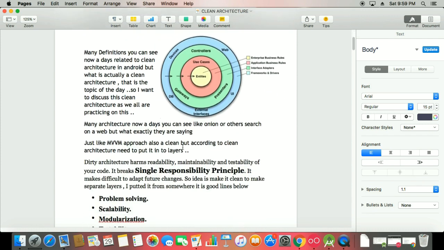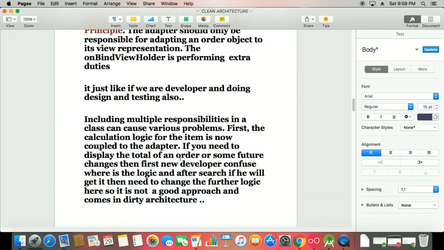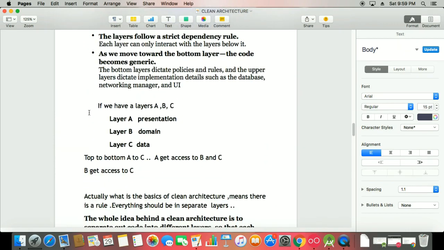Meaning if we have three layers, we can say A, B, C. I'm not giving the names at this time, I'm just saying A, B, C. So if C is doing something, B can access it. If B does something, A can access it, and A can access C also.